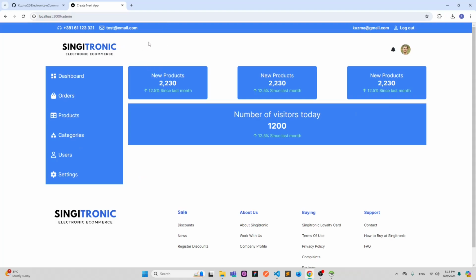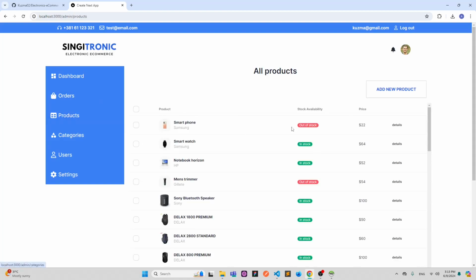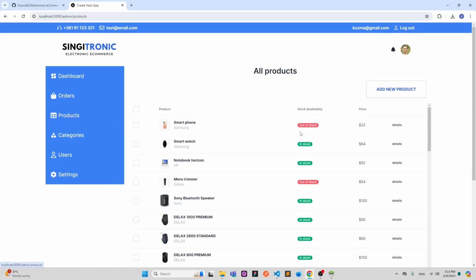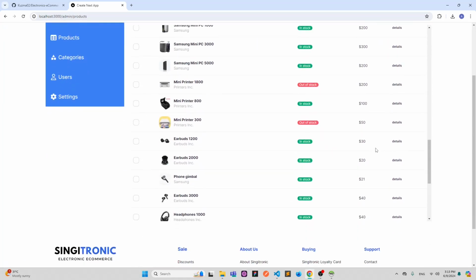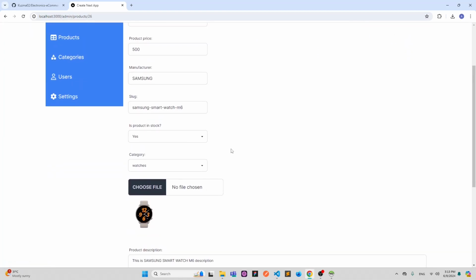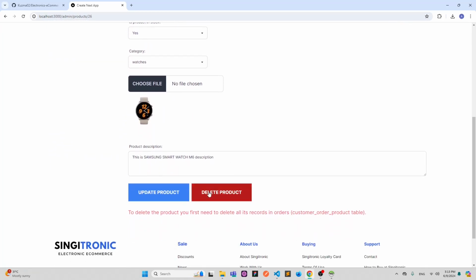Excellent. Now as you can see, it is not some fancy design because our goal was not to create a fancy design for this dashboard, but to make it fully functional. You can access all products, you can see orders, but right now we don't have orders on the website. Here you can see all products. You can click add new product, you can see product details, you can change all information about this product, you can delete the product,